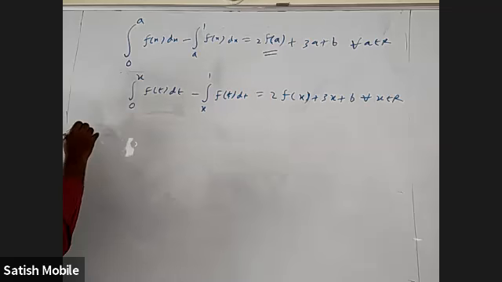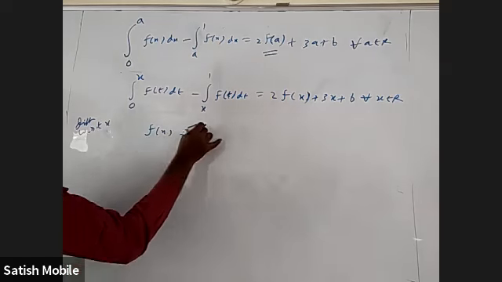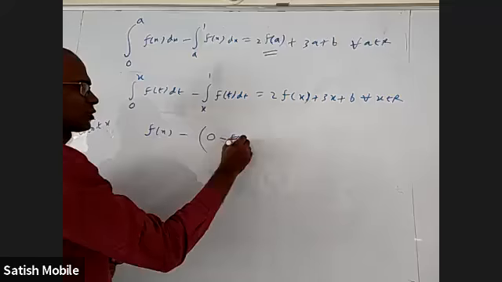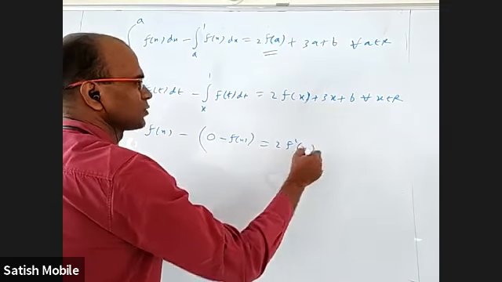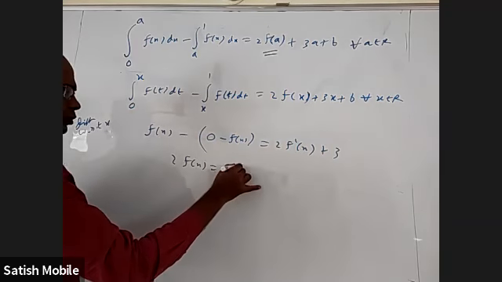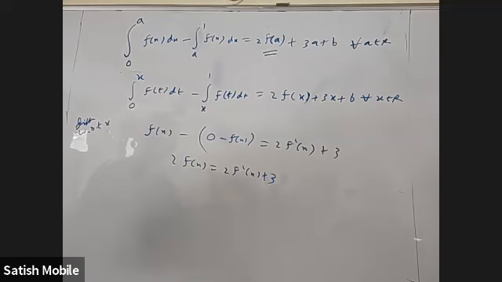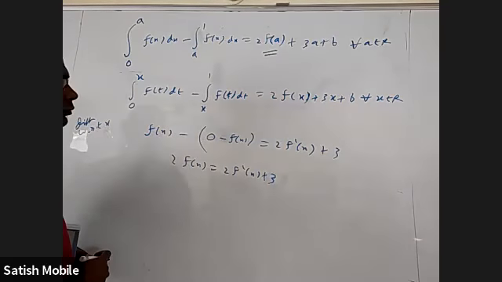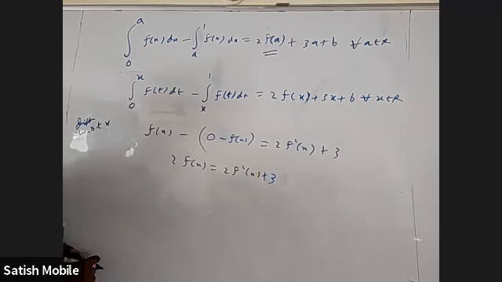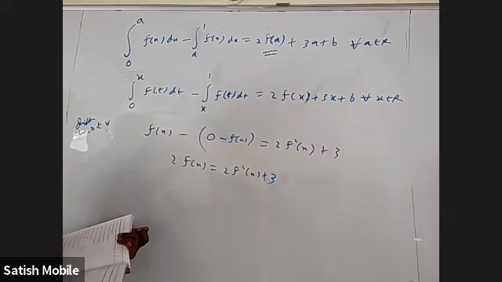When I differentiate this with respect to x, directly the integration will go, and in the place of this, x will come. And this 0 minus f of x will come. This is 2f dash x will come. Derivative of this is 3. That is 2f of x is equal to 2f dash x plus 3. Yeah, it has to be, otherwise the derivative will be 0. Okay, we can solve this differential equation even by variable separable also or without that integration factor also.